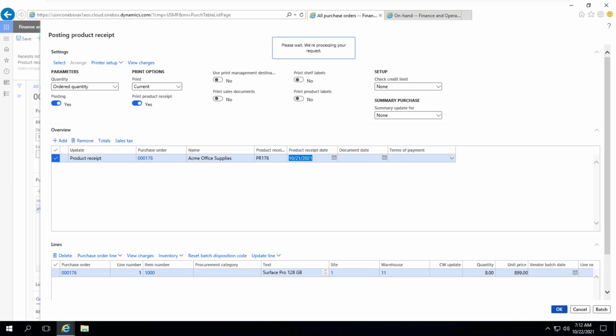Satya, in certain scenarios, let's say I have placed an order for 8 quantity, but I received only 6. How should I update it? So there are multiple options here. Quantity can be modified, and the receive now button is there. Some more options are also there. I will discuss with you.